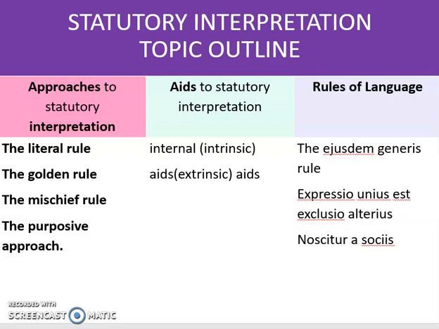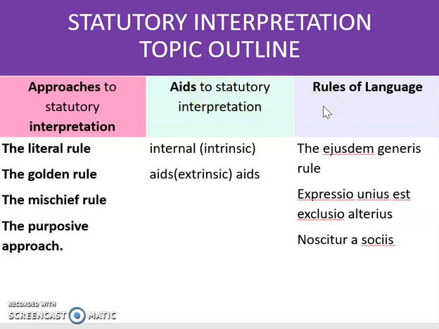I wanted to start this video by looking at an overview of the topic of statutory interpretation, because it is quite a big topic. You can see here on this slide I've divided it into the three key areas that you need to know about. As part of statutory interpretation, you need to know the approaches or the rules to statutory interpretation. You need to be able to talk about the aids to statutory interpretation, and also you need to know the